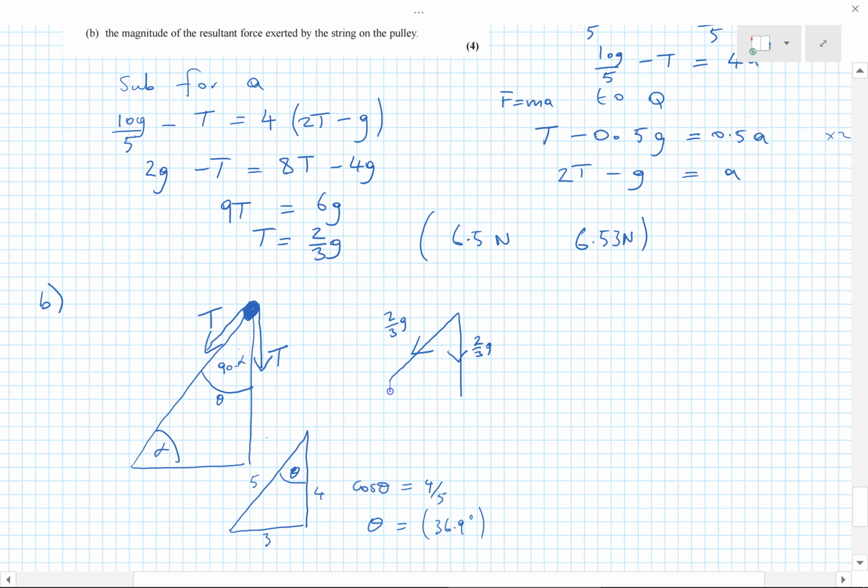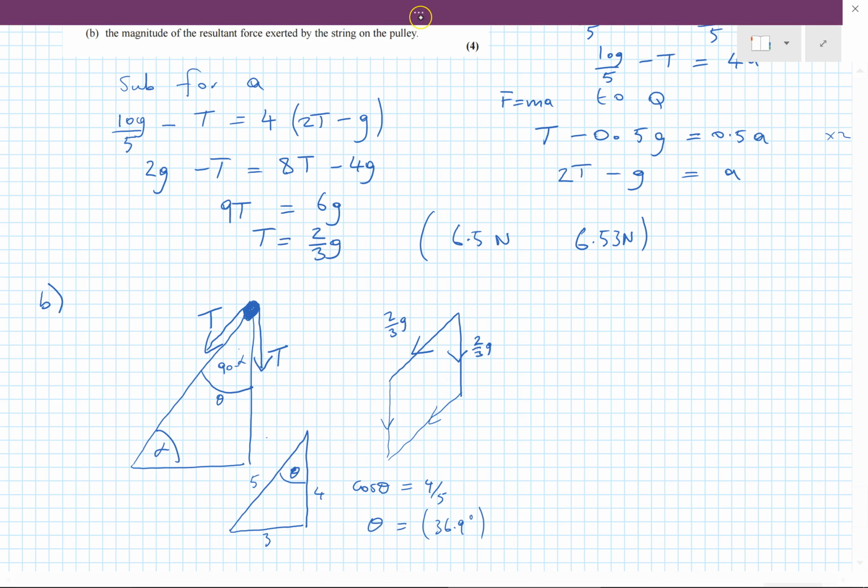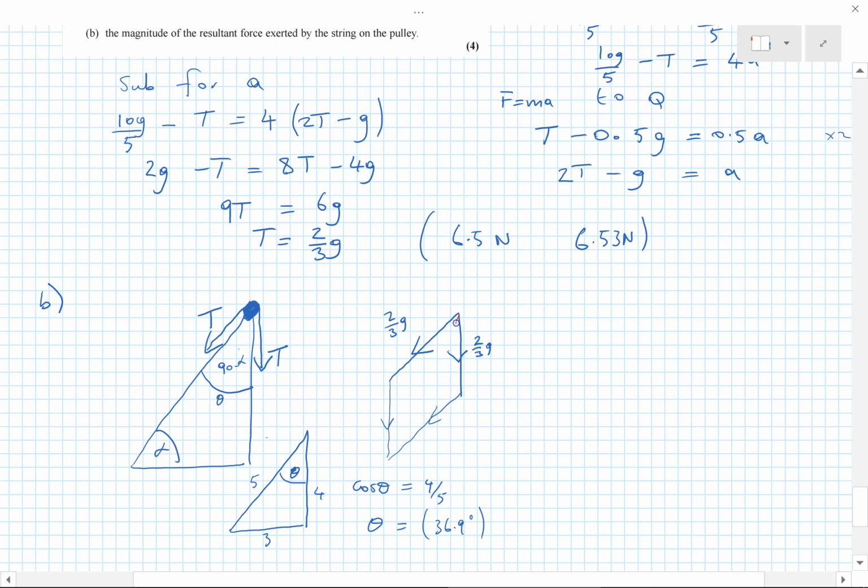What we're doing is the resultant of those two will be whatever this diagonal of this parallelogram, let's do a different colour for it, will be there. Now, you might use a sine rule, but probably the easiest way is to work this length out, marking on the diagram here, and then doubling it. So the force on the pulley